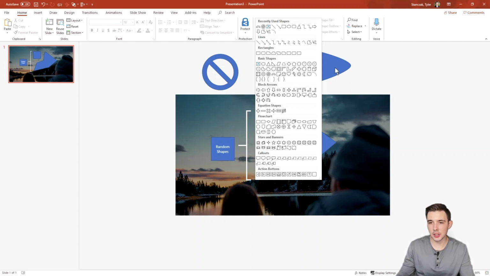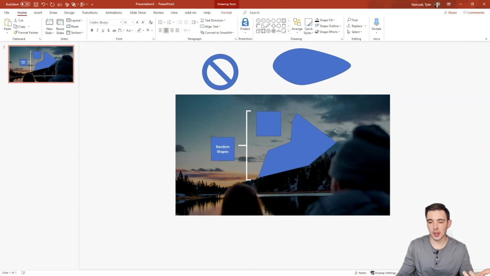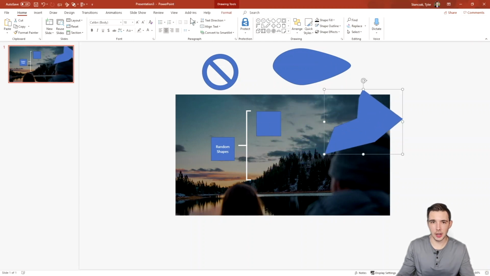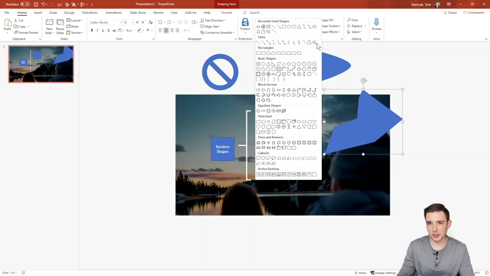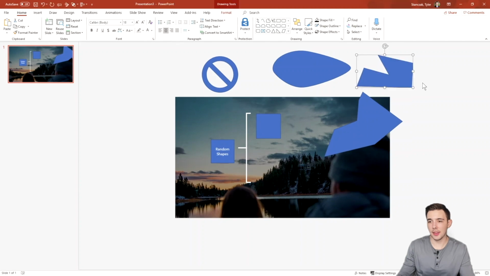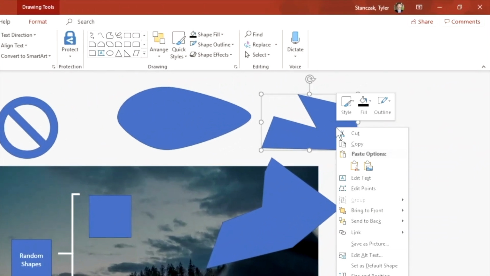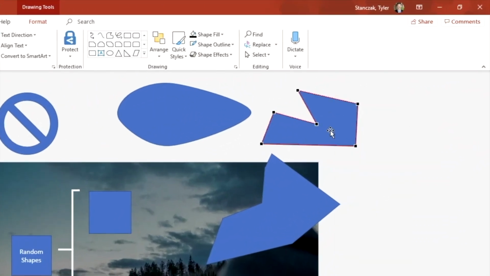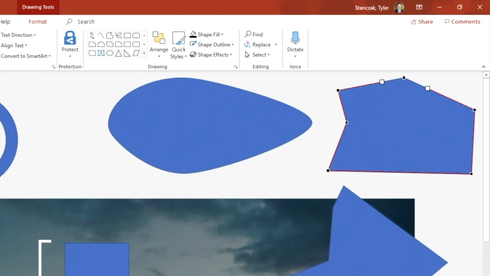You can also really customize them. Let's say I made my custom shape right here, and I can even make another custom shape just to show you guys again. I'm just making this random shape, and then I connect all the dots. If I right click it and then do edit points, now I can go in and actually edit this shape to be different points right here, which is another really cool feature.